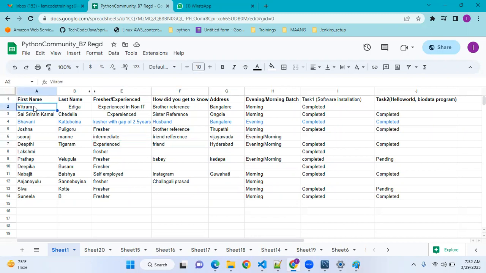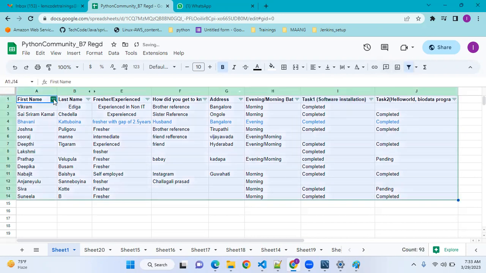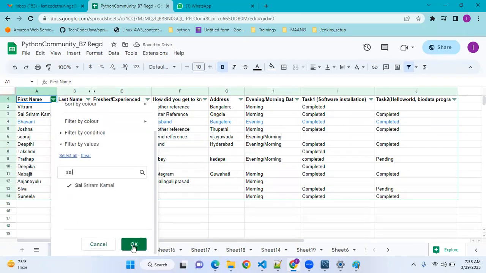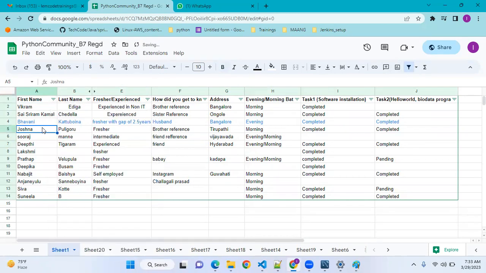I want to filter only the people whose first name is Sai. So I need to select the filter, find Sai and provide it. If I filter only Sai, Sriram, Kamal, I can see those records. The remaining records I cannot see.